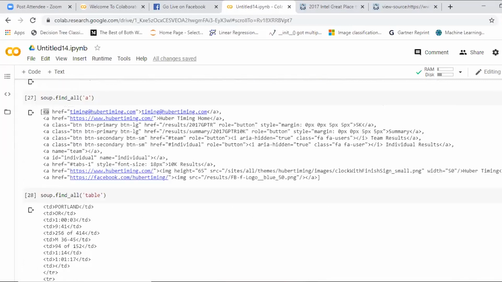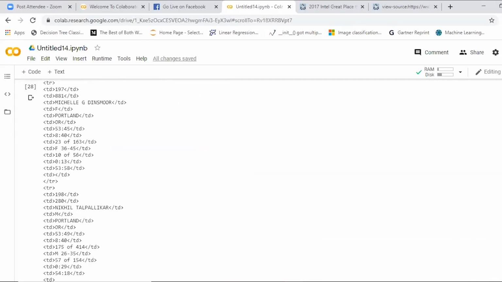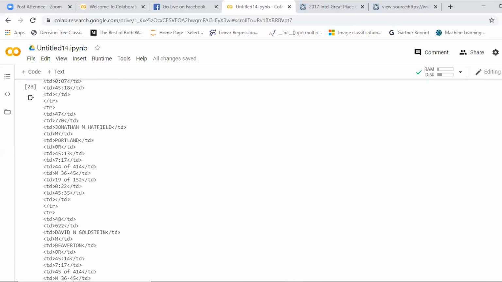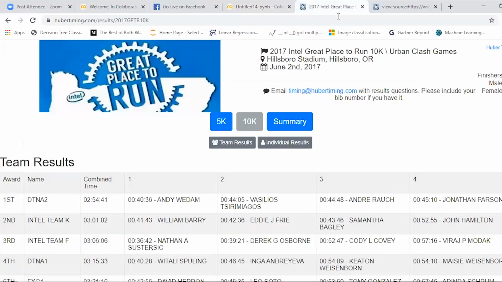You can just scroll upward. It depends on you whether you want to print the tables or I'll go for the beginning so that you can check it out. Yes, see, this is table finishers. This is the first one where you can see in the web page. Let's open the page. Let's find out where finishers is.